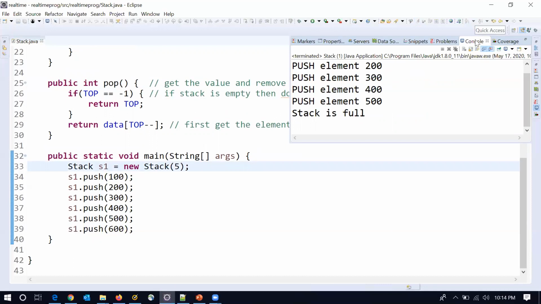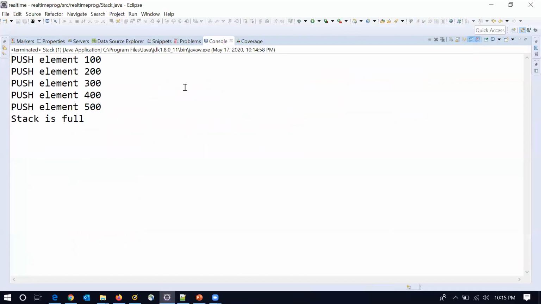So see here, because the size of the stack is 5, only the first, second, third, fourth and fifth elements have been pushed. And whenever I'm trying to insert the last element, which is the value 600, it is telling that stack is full. That means initially top is -1. Whenever I insert the first element, first I increment the position of top by 1, which becomes 0.